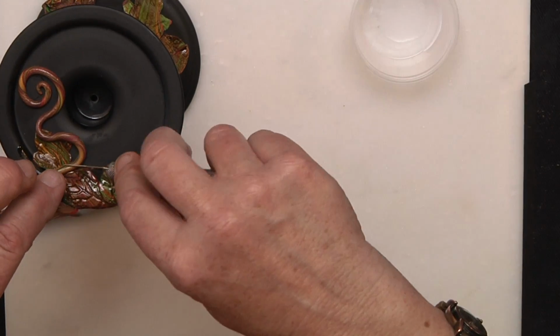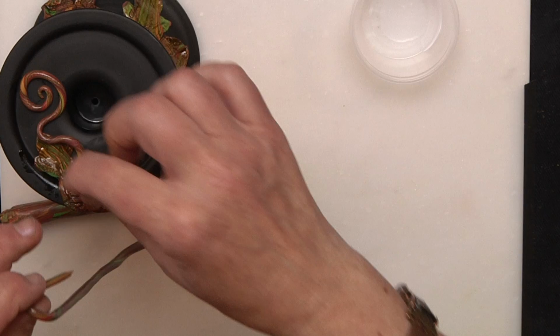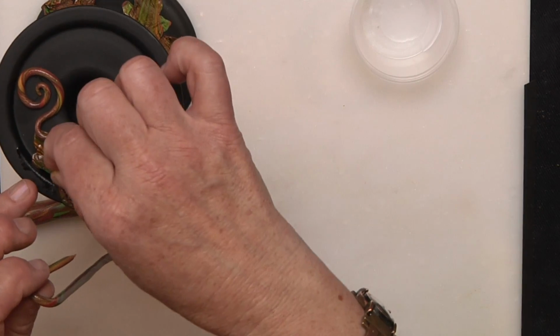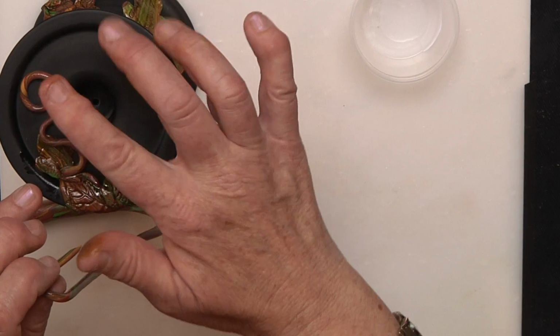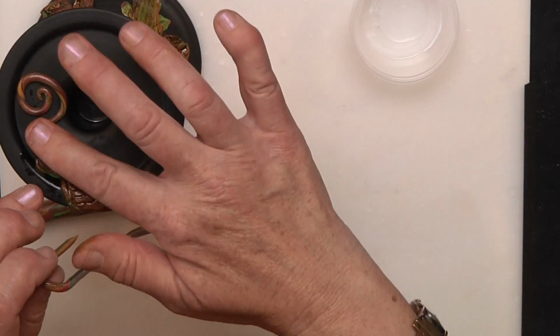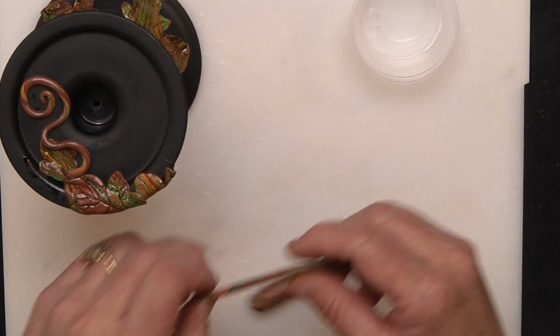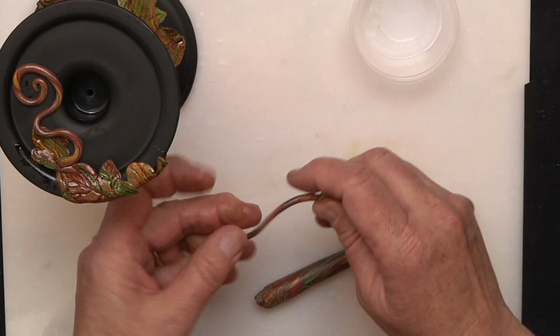And this can be done in little pieces, so you don't have to do it all at once. Just to make sure, since the leaves still have a little unbaked liquid clay on them, I'm going to press the vine onto that, and then everything will stick much better onto the candlestick when it bakes. Do a little bit more here. Make one more little scroll,